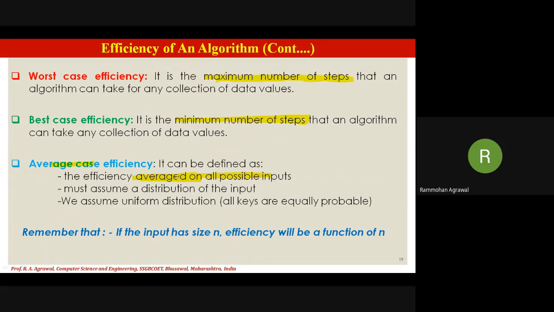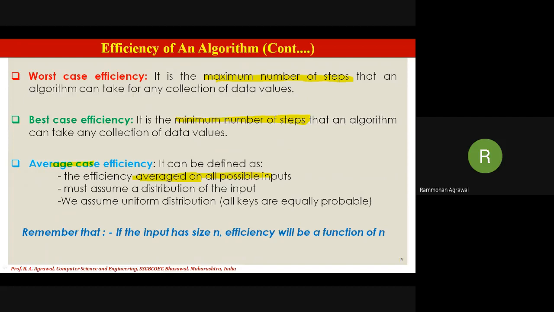These are the parameters to evaluate the efficiency of your algorithm. Whatever algorithm you have written, in order to measure its efficiency, we have these parameters. You cannot say that you have written the algorithm in very neat English, so this is my efficient algorithm. No, you cannot say that.